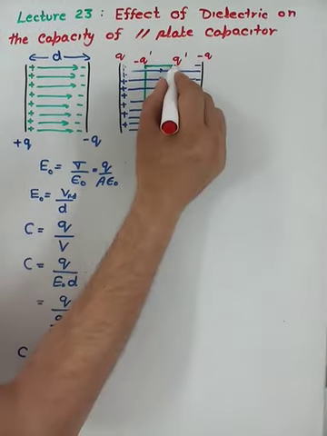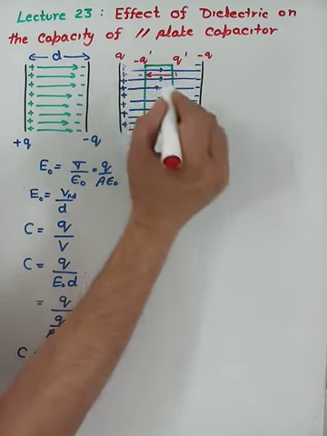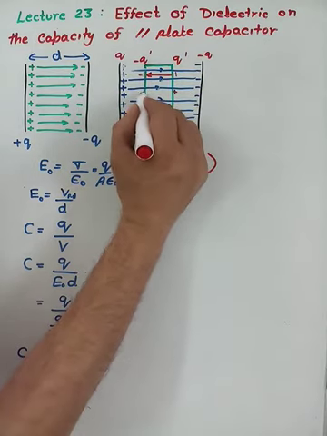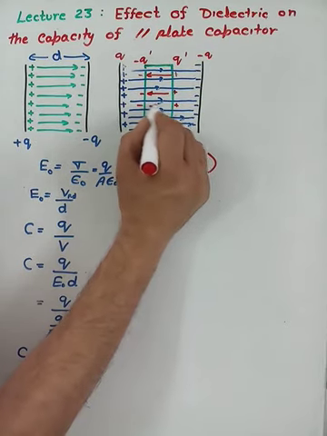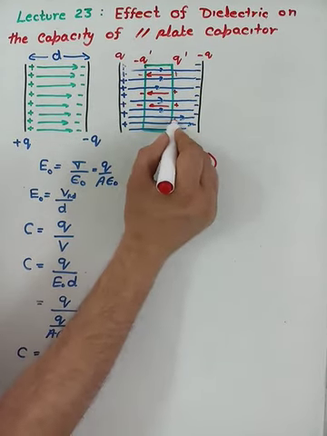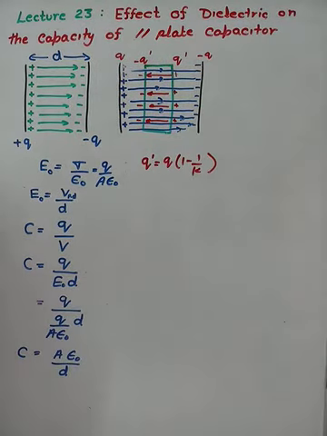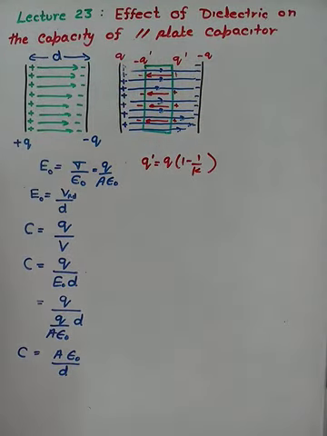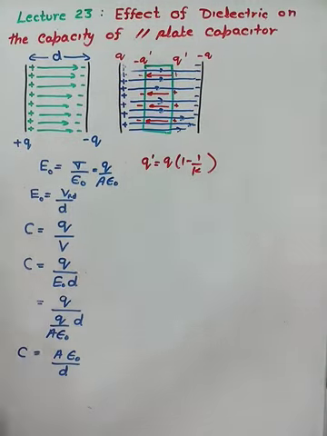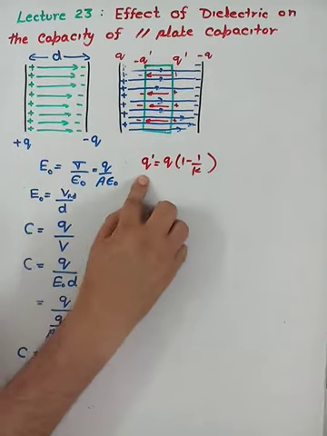Now here positive charge is accumulated, here negative charge is accumulated, due to which a field develops in this direction. Here positive charge, here negative charge, due to which a field develops like this. Now see, 8 lines are in this direction as initially we have drawn, and 4 red lines show the field due to the induced charge. The induced charge is given by this formula.